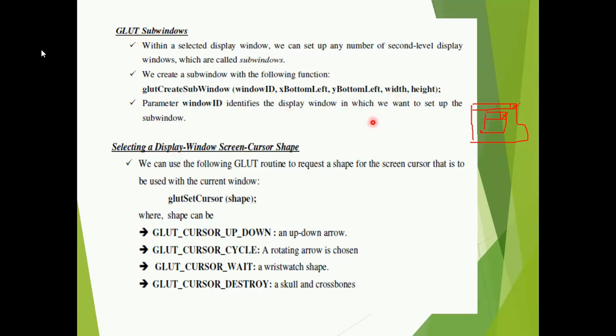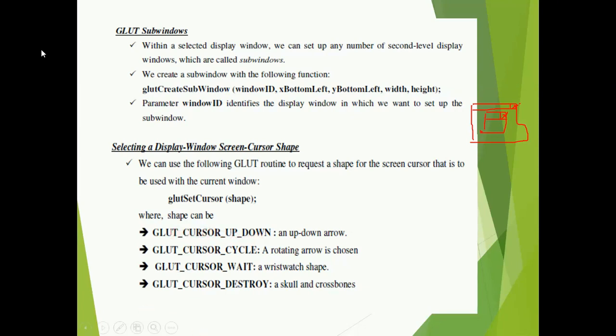To define a shape for the cursor, you have a function in OpenGL, glutSetCursor, and within the brackets you write the shape. This parameter shape can take any of the four, for example glut cursor up down.